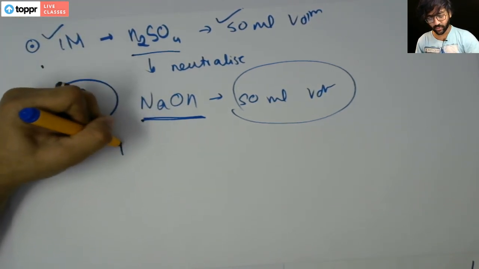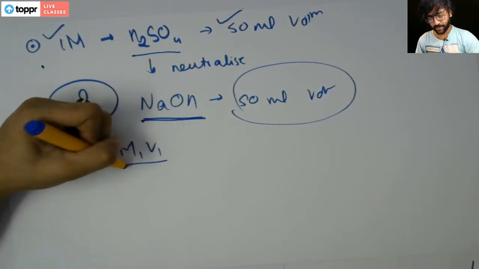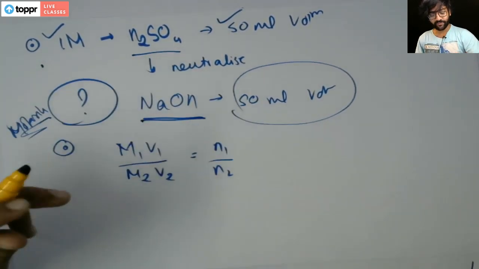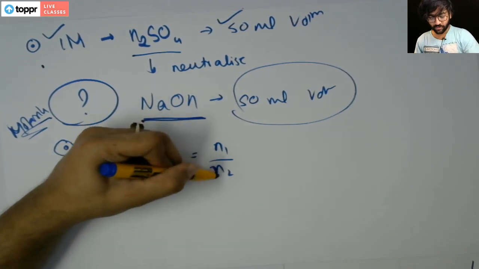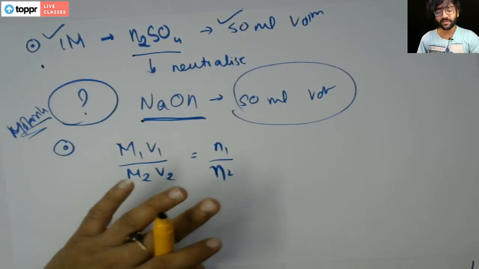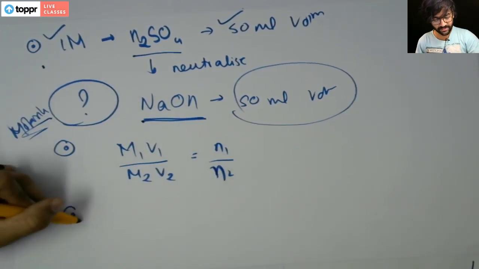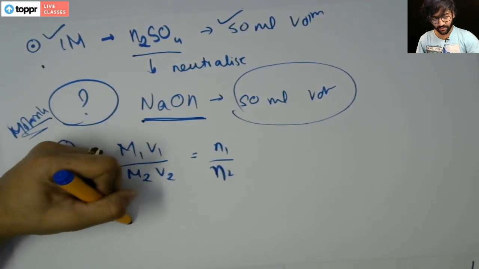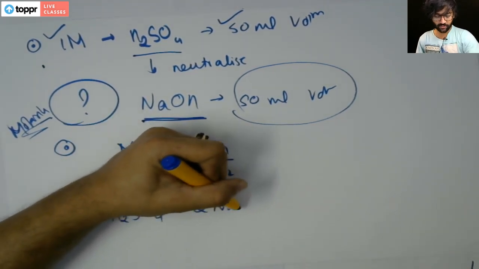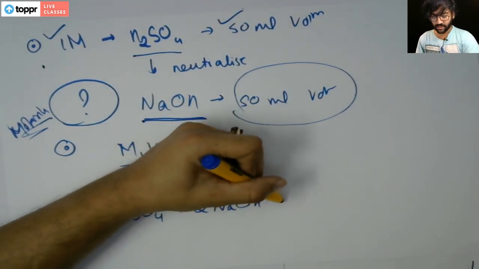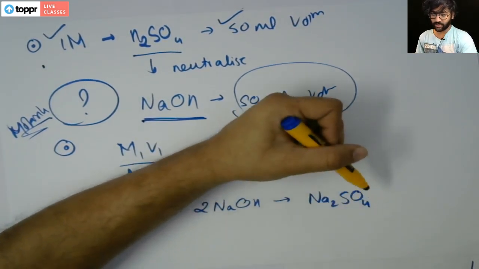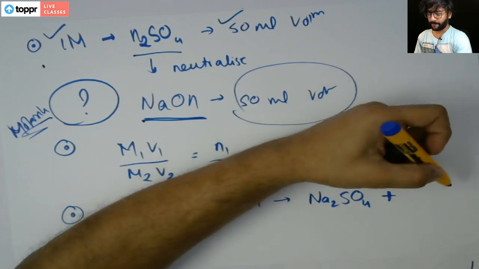What we do is we do M1 V1 by N1 equals M2 V2 by N2. But do we know what the moles are? No, right? How do we know that? By the stoichiometry. So for this, the second thing which is important is the reaction. So what do we know? We know that H2SO4 reacts with 2 moles of NaOH to give us salt Na2SO4, sodium sulfate, right, with